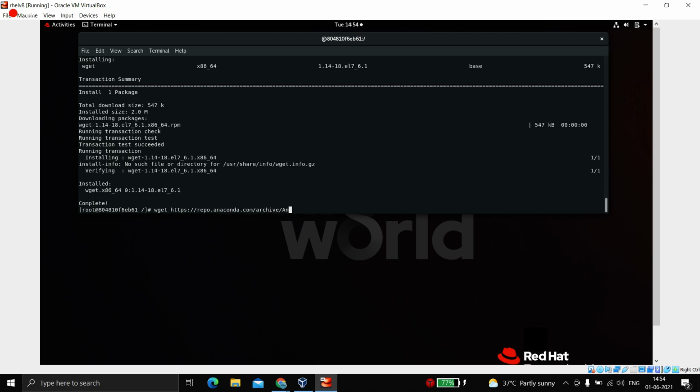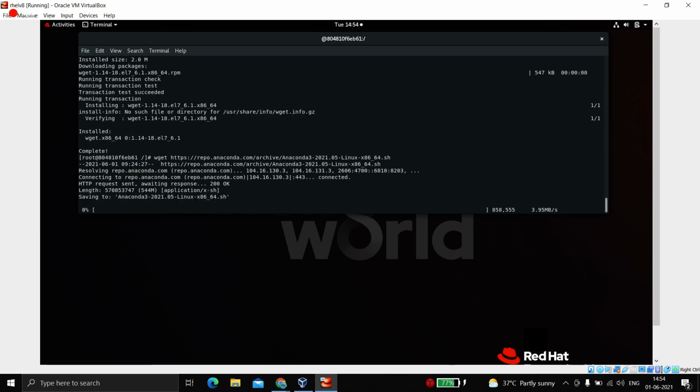Then the file name starts with Anaconda3 2021, the latest version of Anaconda for Linux based systems, and I have an x86_64 architecture, and it's a shell script.